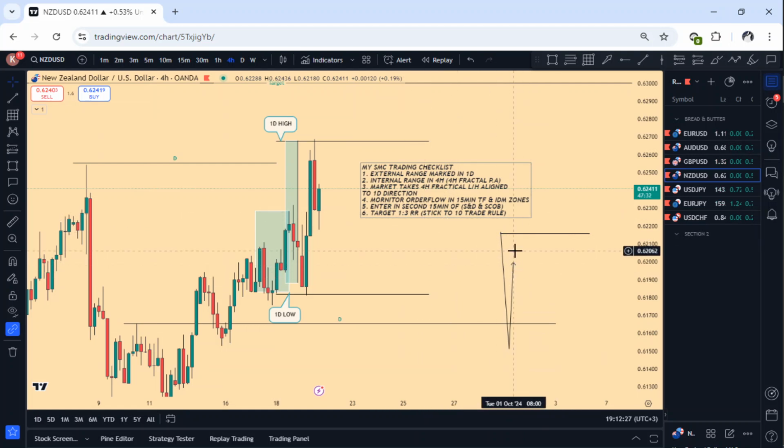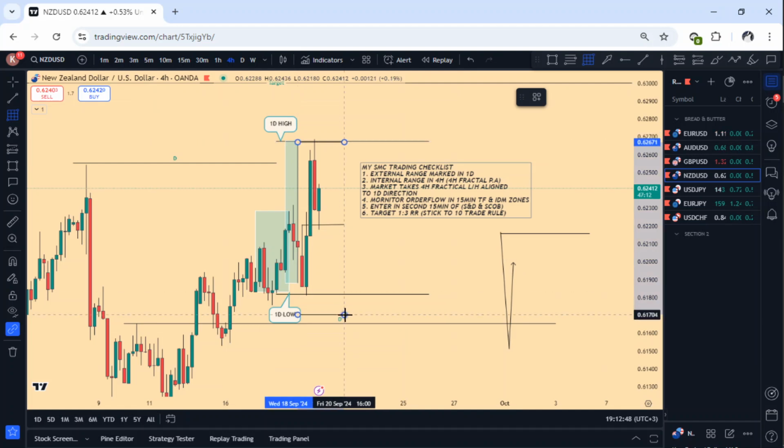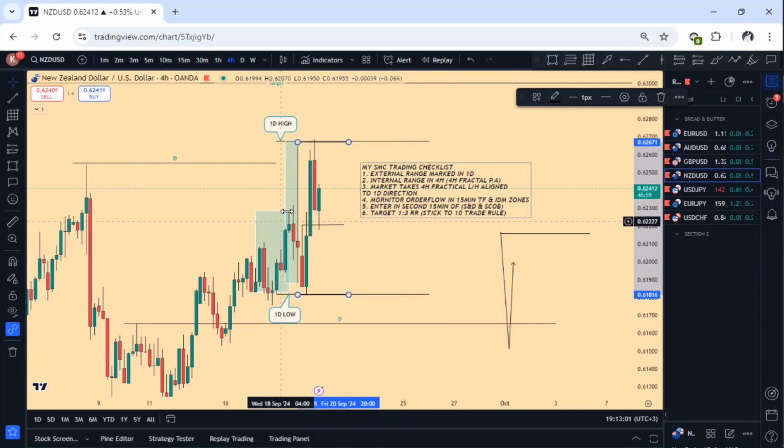So 4 hours is already moving upward. With this break, this confirms that 4 hours is back to being bullish. Just simple fractal nature of the market. So ideally, if we are to remain bullish, then this would be the 4 hours fractal target, and this would be the 4 hours fractal, because there is no movement inside here. Otherwise we would have just had 4 hours fractal within this movement, but since we don't have movement here, it is very aggressive. Like I said, this is range, this is range,